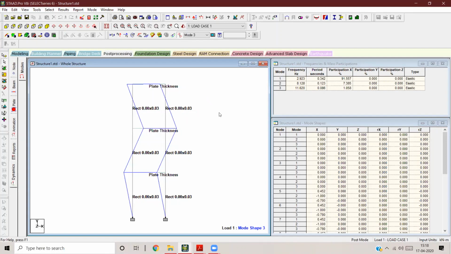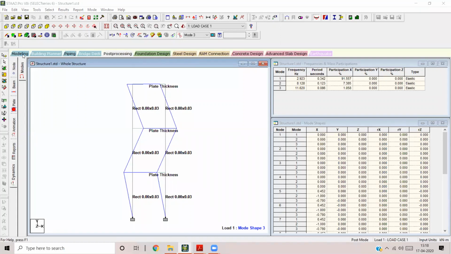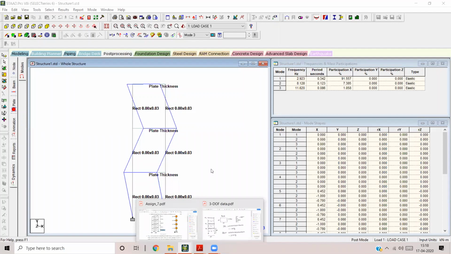So that is all. In case you have doubts, you can reach out to me. I am also saving this video recording, so I'll try and upload it somewhere. In case you have doubts, you can go back and look at it to see how the modeling is done. The only key thing you have to remember is the restriction of mode shapes to 3. Other than that, I don't think there's any other complication. Any other doubts? Clear? Yes, sir.